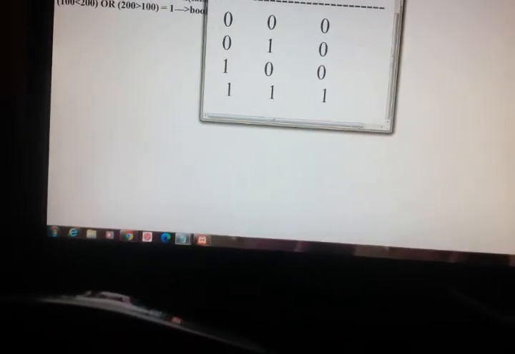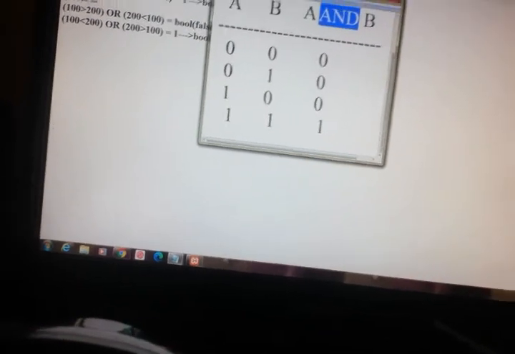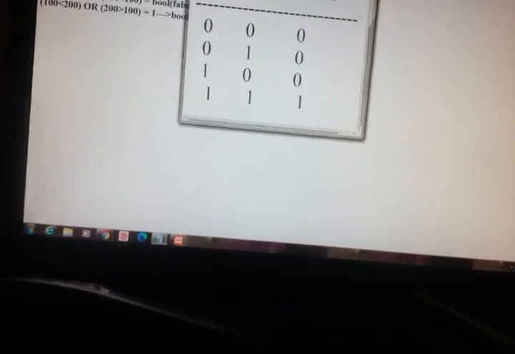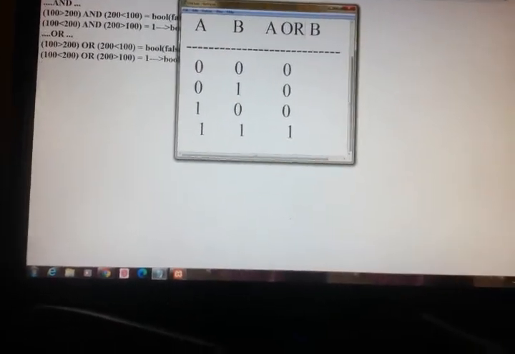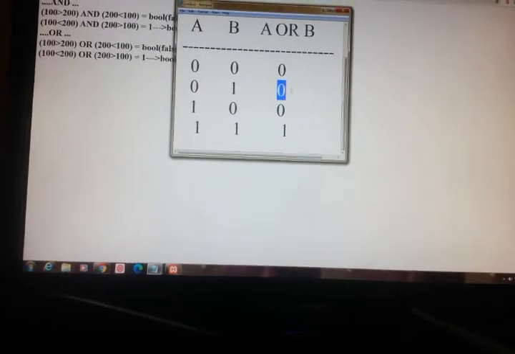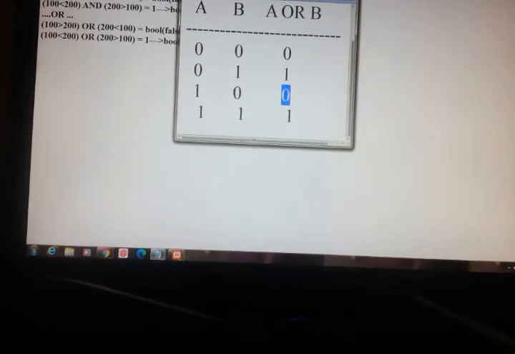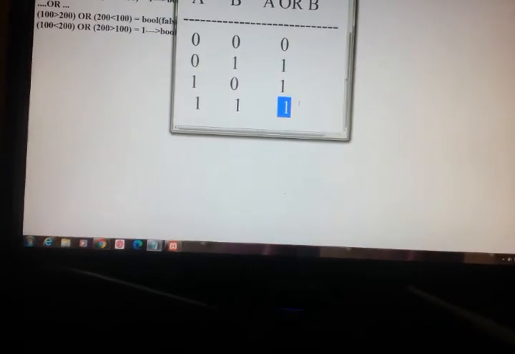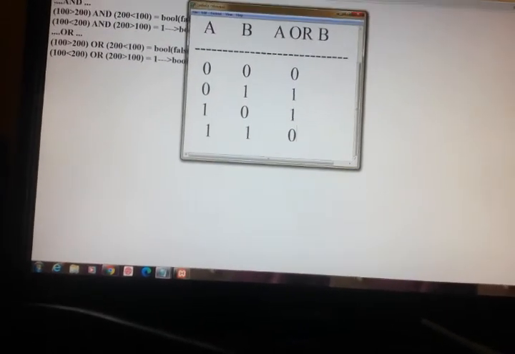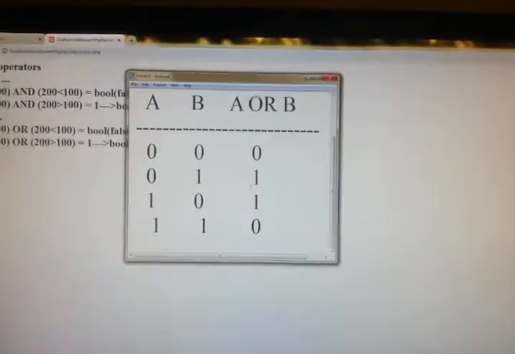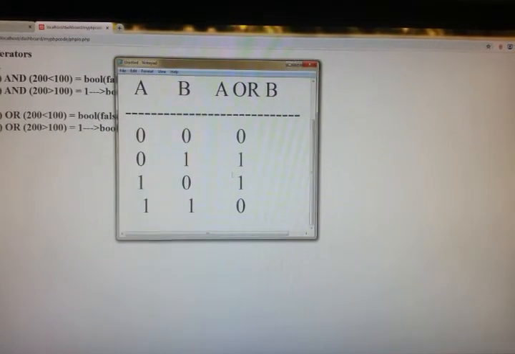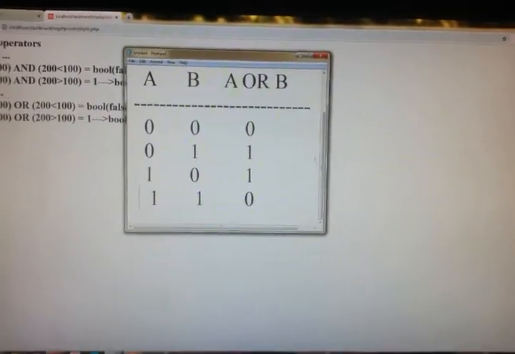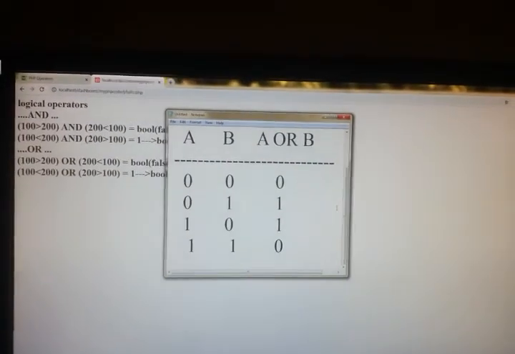So if you see the truth table of OR, OR is nothing but like addition. 0 plus 0 is 0, 0 plus 1 is 1, 1 plus 0 is 1, and 1 plus 1 is 0. This is our OR truth table. Here 0 means false and 1 means true.